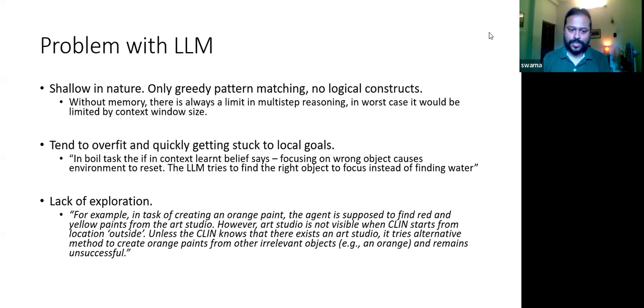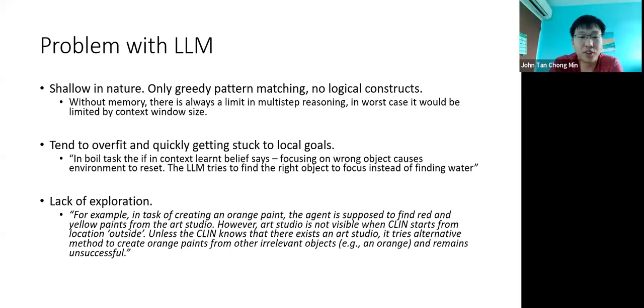However, initially the art studio is not visible from the hallway. So unless the agent knows the paints are available in the art studio, it tries alternative methods, very local methods. It takes some irrelevant objects, tries to mix them, and build the orange paint. So this is another problem.